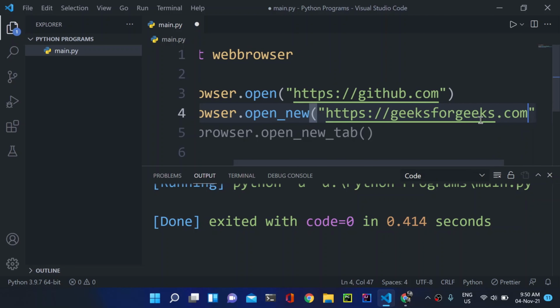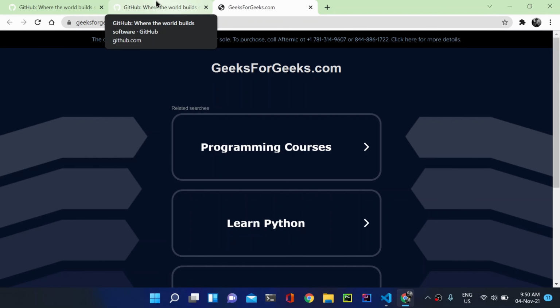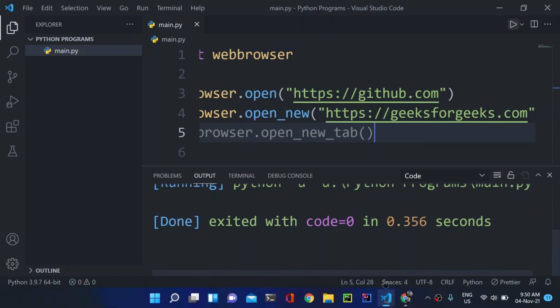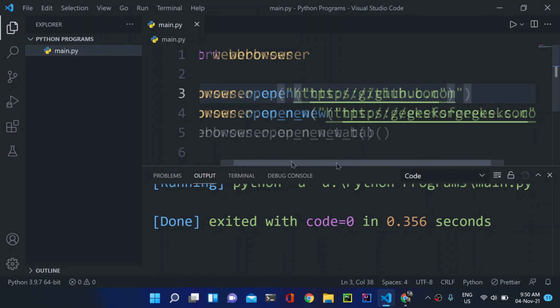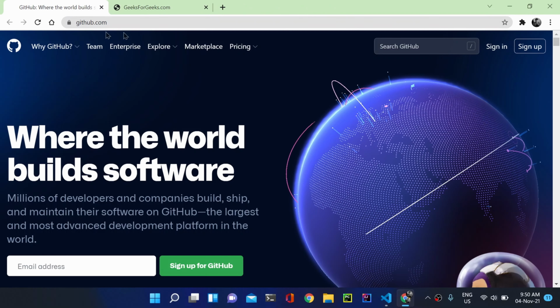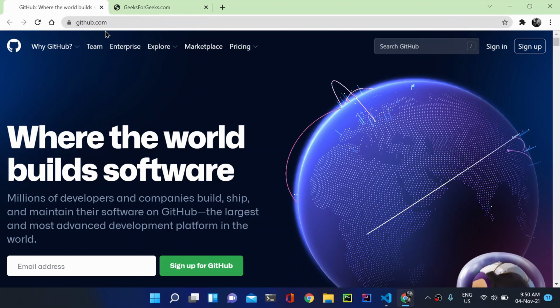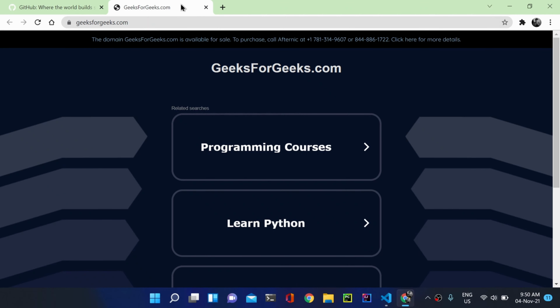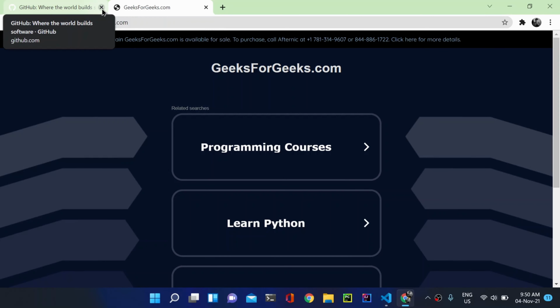Here you can see we have GitHub opened again, because we have opened it here on line 3, and whenever we run our code again, this will open this URL in a new tab again. Here, as you can see, we have Geeks for Geeks opened.